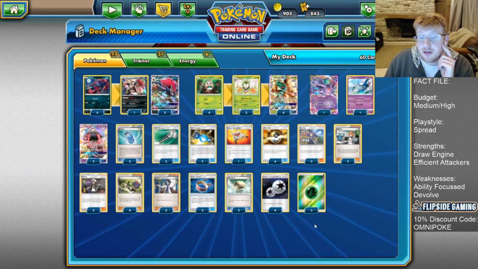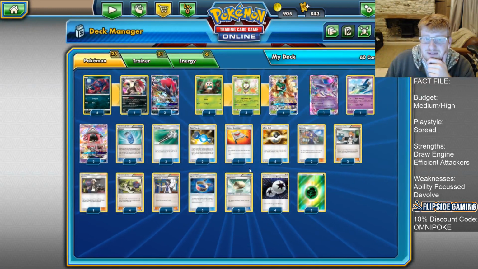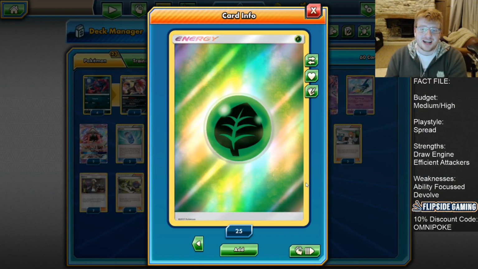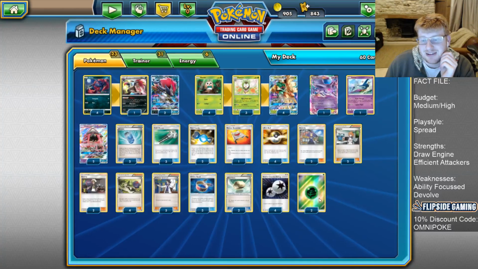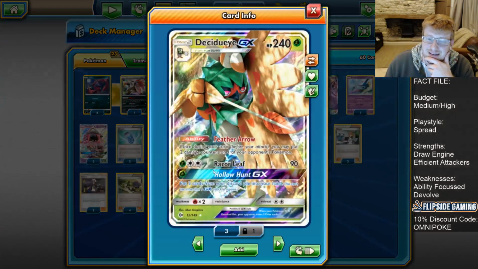And for the energy, we've gone very cheeky here. We are playing 4 double Colorless. Obviously, that is the main emphasis, attacking with our Zoroarks, Latios, and Lele. And only 2 copies of Grass Energy. Back in the days when Decidueye was the main attacker, you'd play something like 4. And even recently, I've cut this down from 3 to 2, because Decidueye literally is here mainly just to get